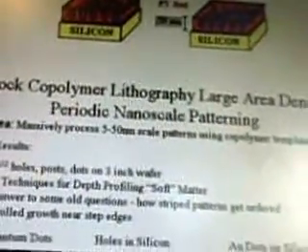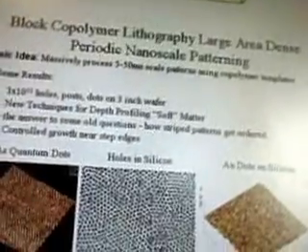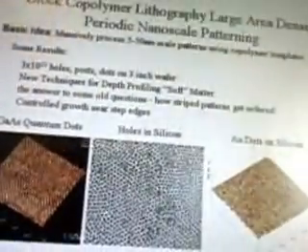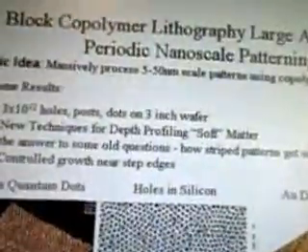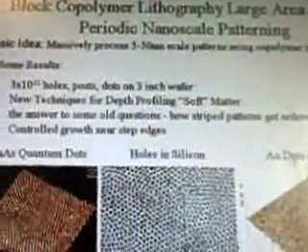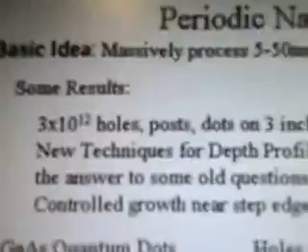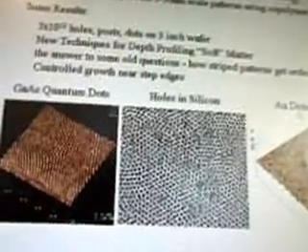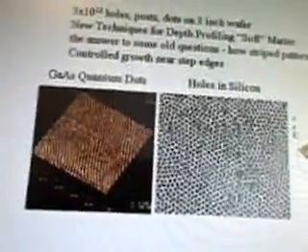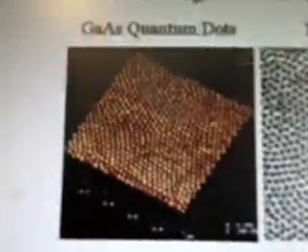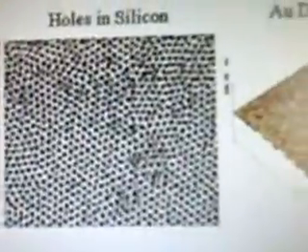Different types of silicon. Block copolymer lithography, large area dense periodic nanoscale patterning. Basic idea: massively process 5 to 50 nm scale patterns using copolymer templates. Some results are 3 to the 10 of 12 holes, post dots on 3-inch wafer, new techniques for profiling soft matter. The answer to similar questions, how stripe patterns get ordered, controlled growth near step edges. So GaAs is quantum dots and holes in silicon, and then O dots on silicon. And that's data sources from